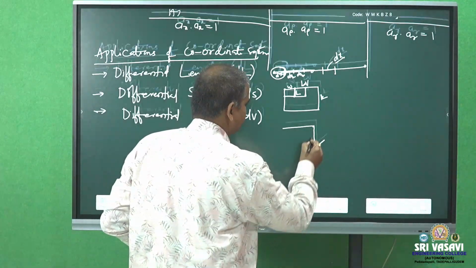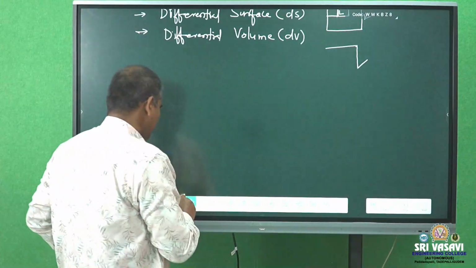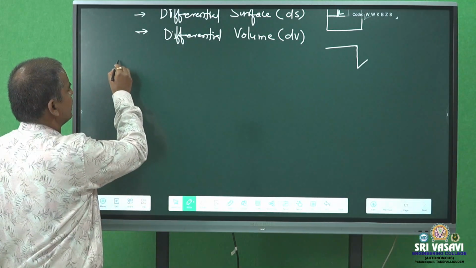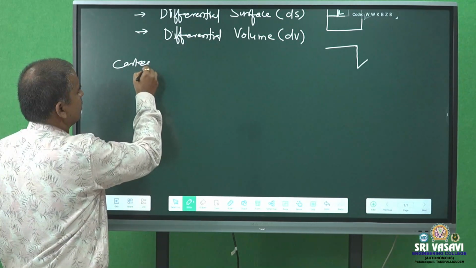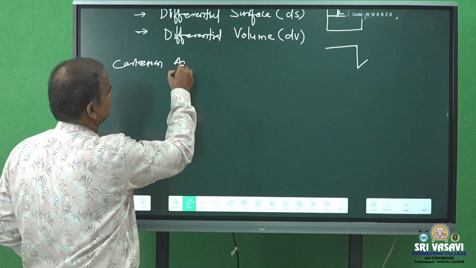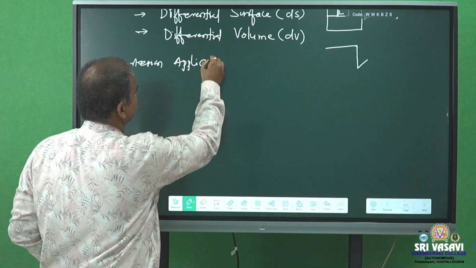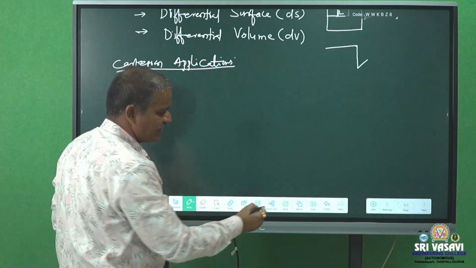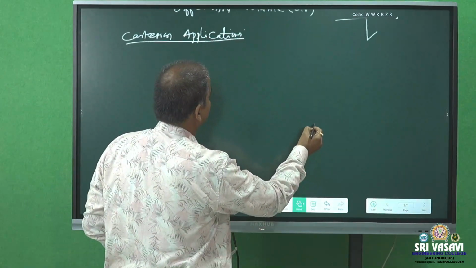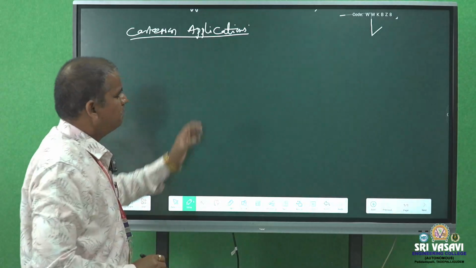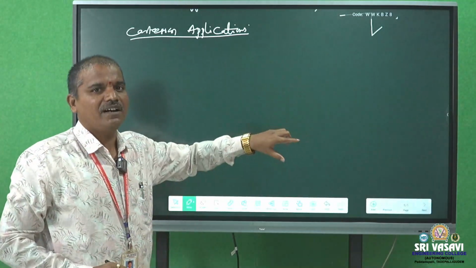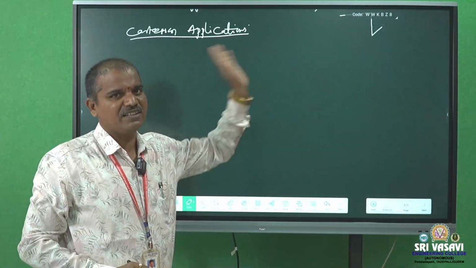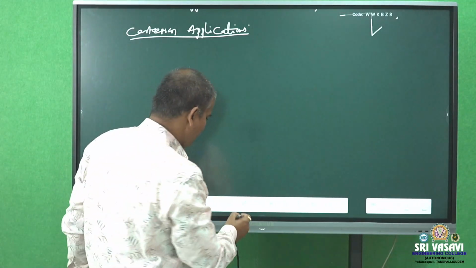So the first one deals with differential length, differential surface, and differential volume by using the Cartesian coordinate system. Cartesian application discussed in terms of differential length, surface and volume. See, in this, it is a completely analytical part. Accordingly, we have to write the expressions, which are very helpful for the electromagnetic theory subject. So in this, we are using